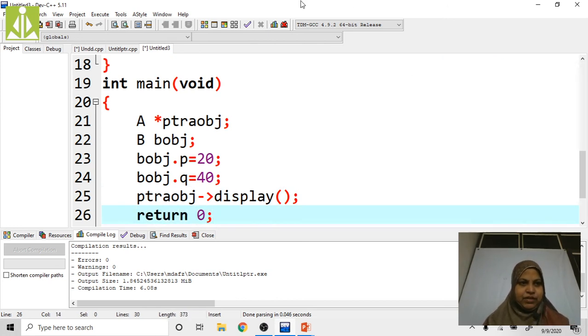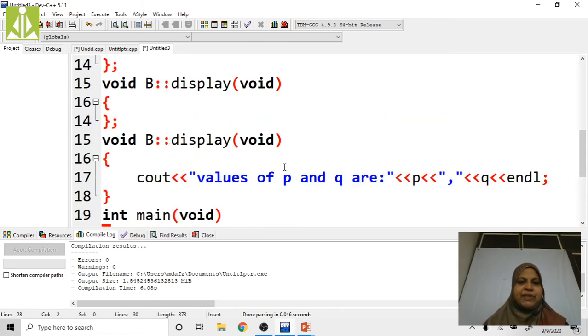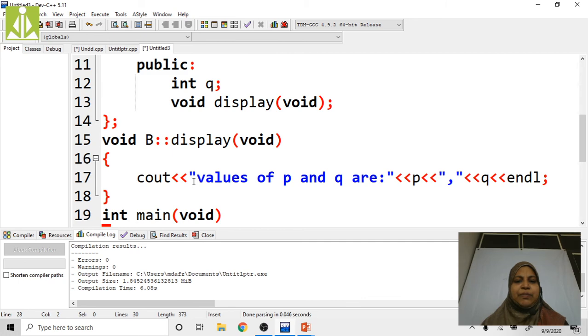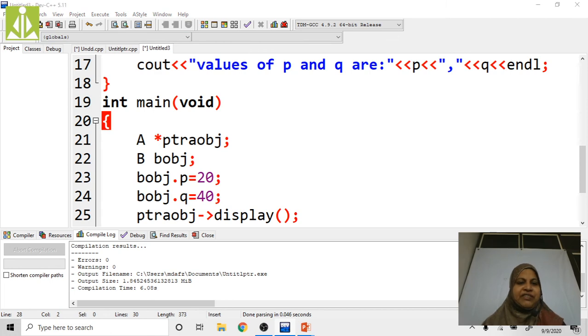Here I am creating the b object, assigning the value 20 to p and 40 to q. Calling the display function present in class B, the values of p comma q are 20 and 40. This is my output.